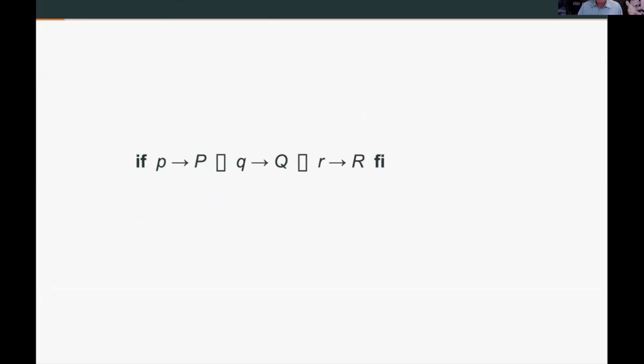One of the motivating examples for me was Dijkstra's guarded command, in which he has a conditional: if little p is true, do big P; if little q is true, do big Q, and so on, in which the guards P, Q, and R can, more than one can be true, in which case the intention is to choose between the different options. So if both P and Q are true, then either big P or big Q is executed, but if R is not true, then R isn't. But how exactly can we describe Dijkstra's intention here?